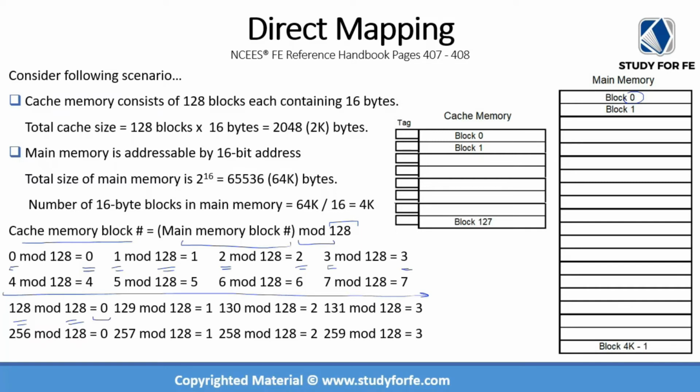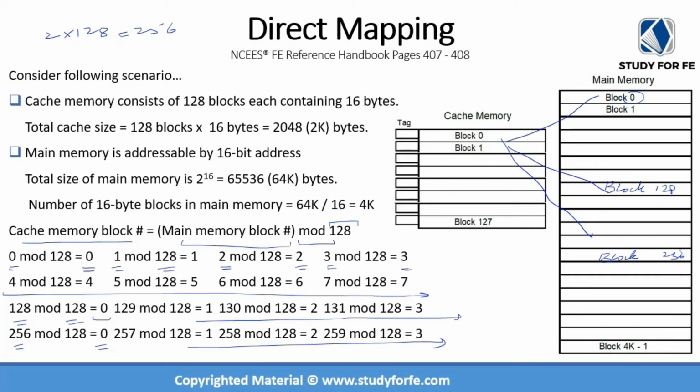Okay, and then 129, the same pattern basically repeats. It will go until we hit 256. Now 256 gets completely divided by 128 because 2 times 128 is equal to 256. So it's a multiple of 128. So this will be equal to 0 and this entire pattern will repeat again. Okay, so what you're seeing over here is that all the multiples of 128 will end up in memory location 0. Okay, so this is direct mapping,